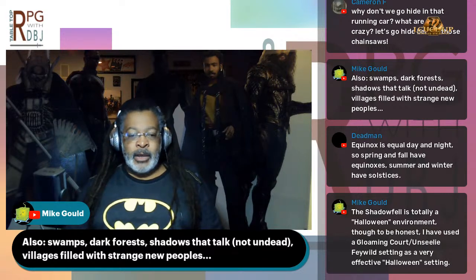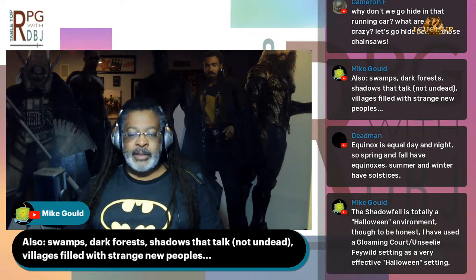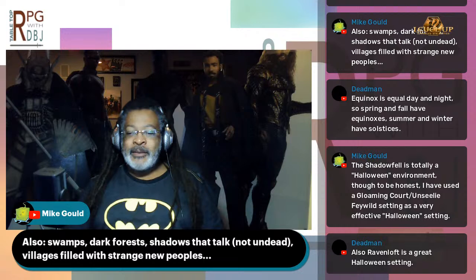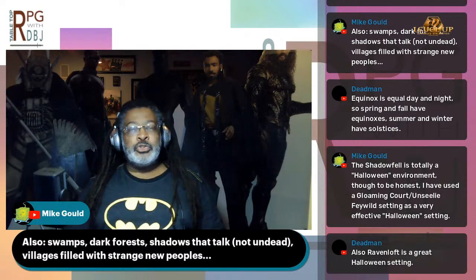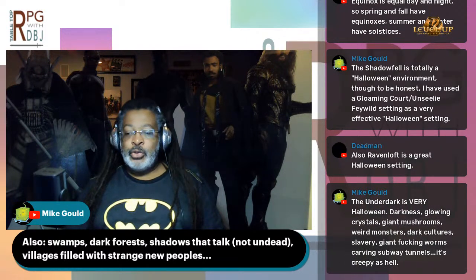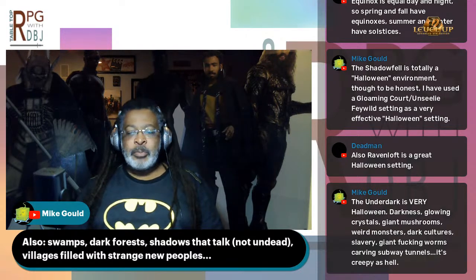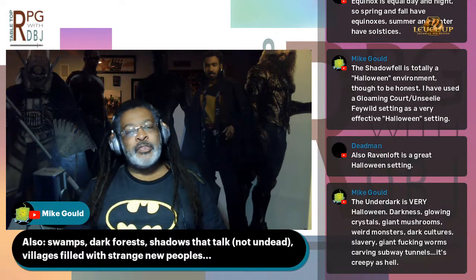That kind of thing. Mike says also swamps, dark forests, shadows that talk, that are not undead. Villages filled with strange new peoples. Yeah, it's the classic tree branch scraping against the window because of the wind. So you could actually get the cold chill down the spine kind of effects. And I think you could probably make up a random list of